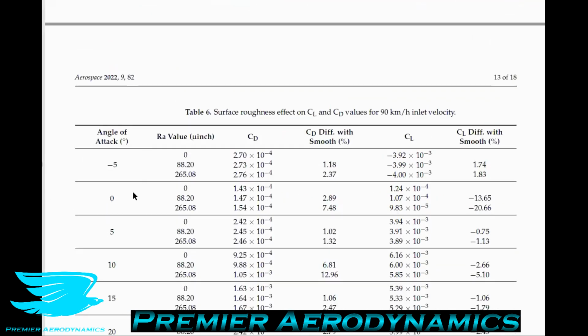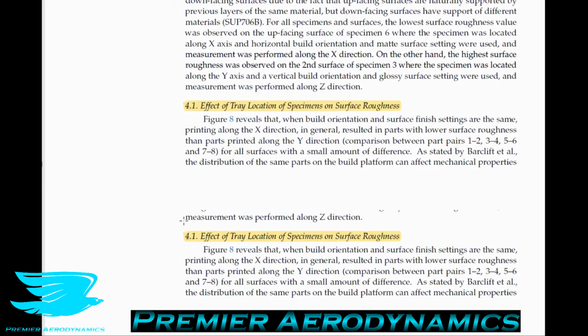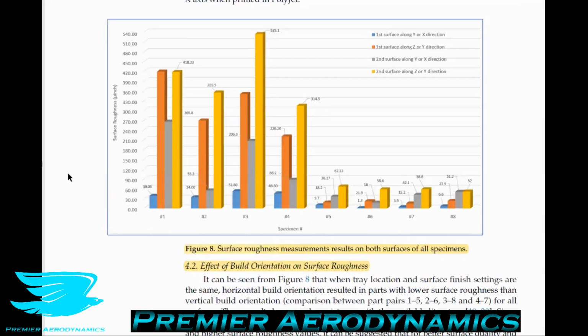Now, let's go to the discussion. They say Figure 8, let's move to Figure 8 here, shows the surface roughness measurements on both sides of all specimens, and it is clear that the surface roughness measurements along the z-axis for specimens 1 to 4, which were printed vertically, remember, are higher than measurements